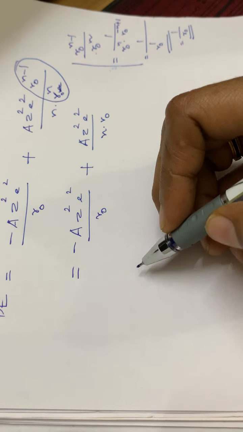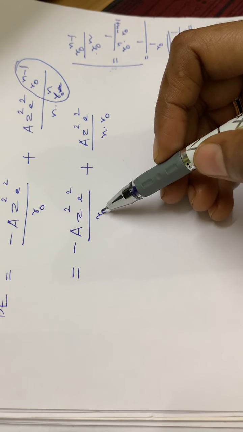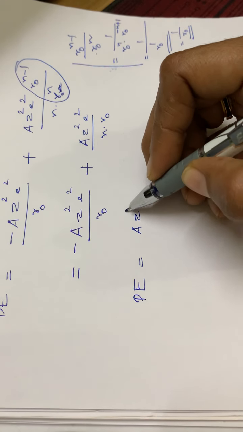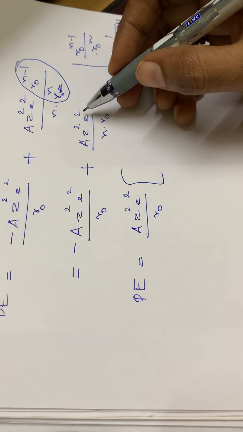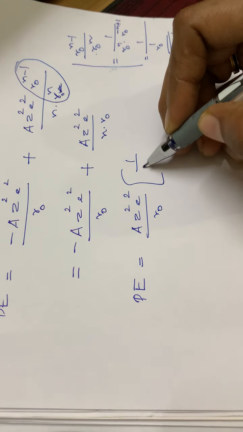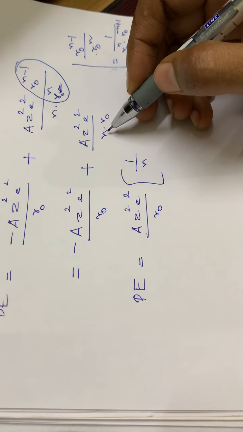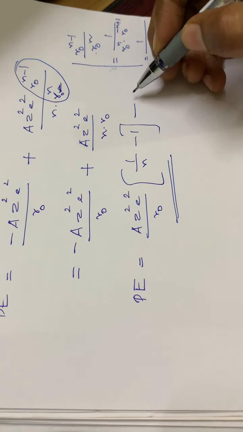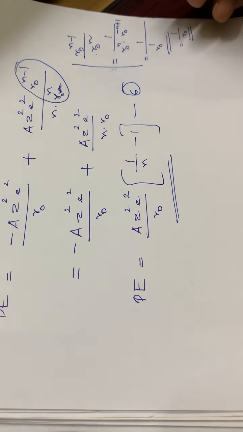So we can take the common terms outside, that is a z square into e square divided by r0, it is a common term. So we can write the potential energy as a z square into e square divided by r0 into, here it is 1 by n, isn't it? Here it is 1, isn't it? So here 1 by n, while taking these terms outside, the remaining will be 1 by n. Here it is minus 1. So into 1 by n minus 1. So this is equation number 5, 6, isn't it? So it is equation number 6.